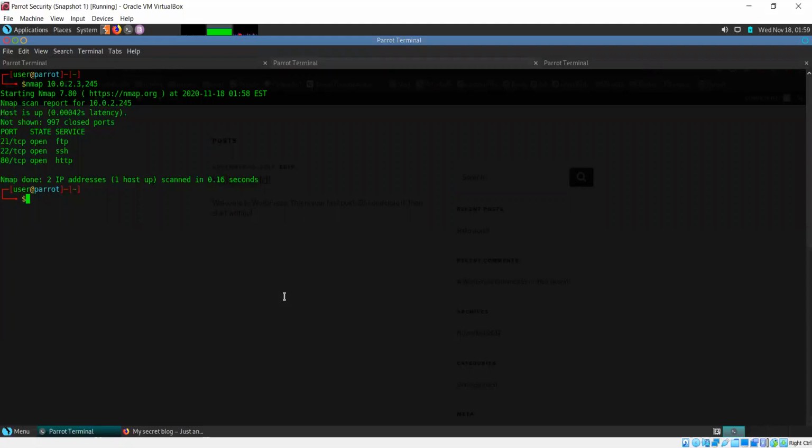Okay, but what we want to do is be thorough. We want to make sure that we don't miss anything. So we're going to run a scan for all ports. For that we can specify -p. Either you can do 1-65535, or a shorter way is simply -p-, which means scan all ports. Actually, I need to modify this command. This is not required anymore. Just the one IP is enough.